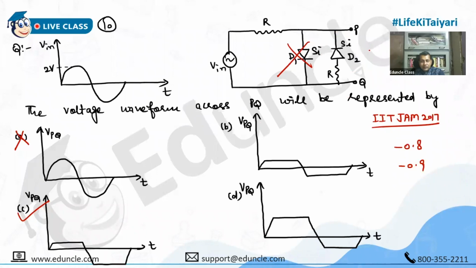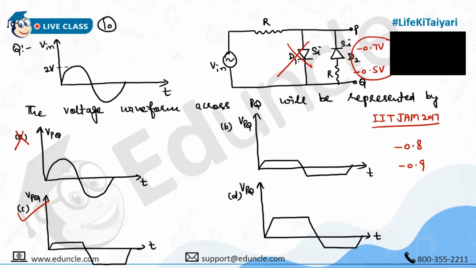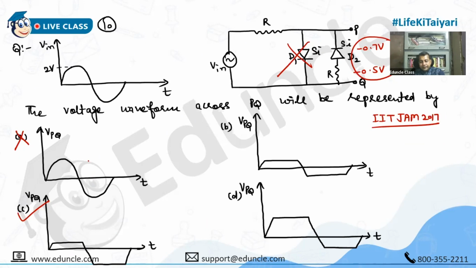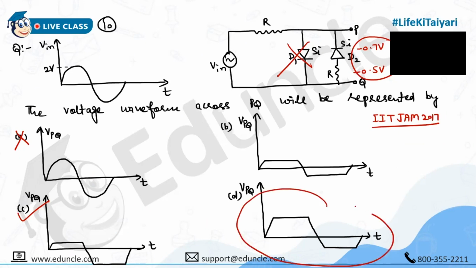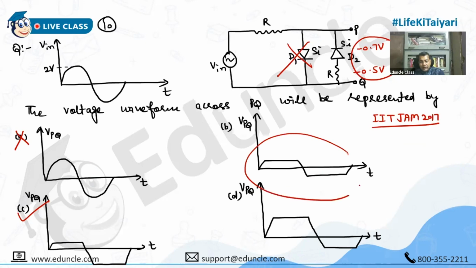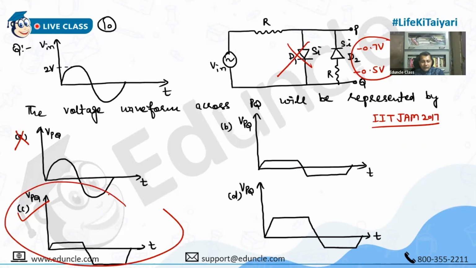So this will retain minus 0.7, and some voltage drop across R will also be there. Suppose it is keeping this. What is the total voltage now? Minus 1.2. So it is more than 0.7, na? So it means during negative half the voltage should be more, na? Okay. Yes, sir. This is saying during negative half it should be less, so this is wrong. This is saying during positive and negative it is equal. This is also wrong. So we are left with only option C, na?